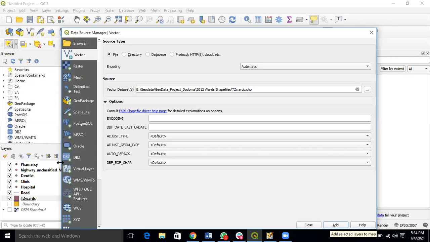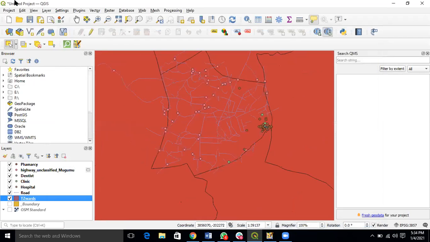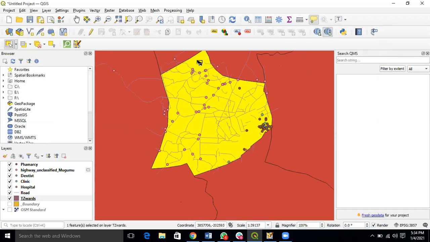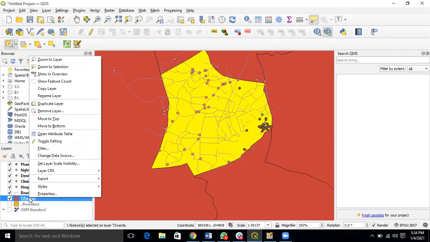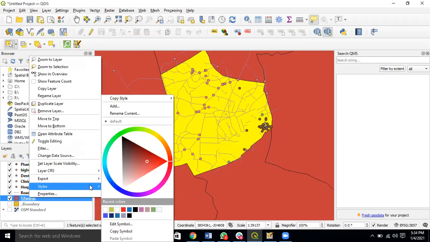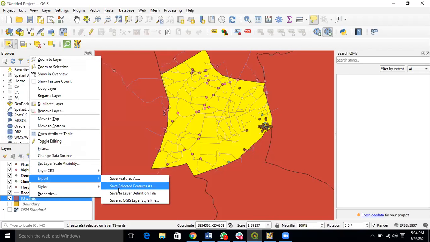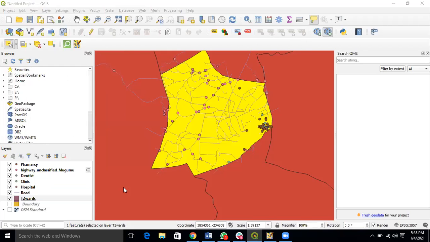Okay, I think it came automatically here. So here it is. So I go to select here, there are features to select. Here is select feature, I click here. There is select feature by polygon, by freehand, I go to select feature. Then I select it, and look at the area I am interested in, which is this one here, and select. After I select, I go here and right click, go to export, and click save selected features. So what I selected will be the selected features, and then I'm going to click on save that feature,